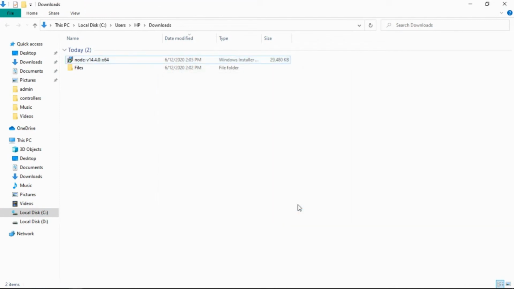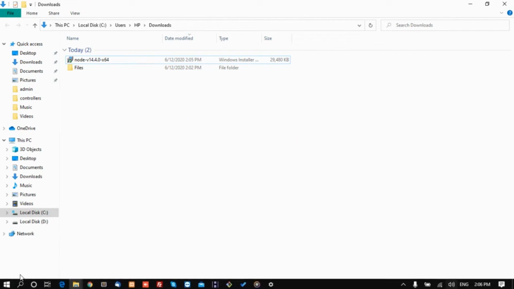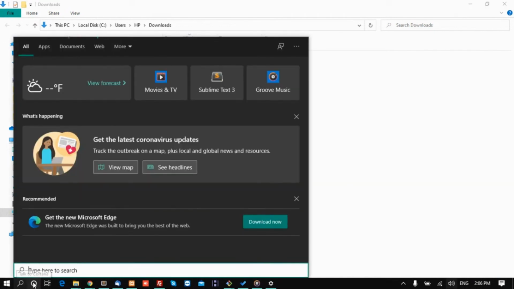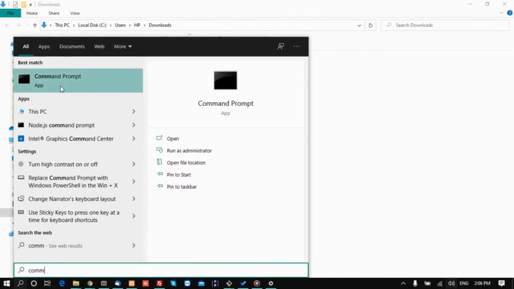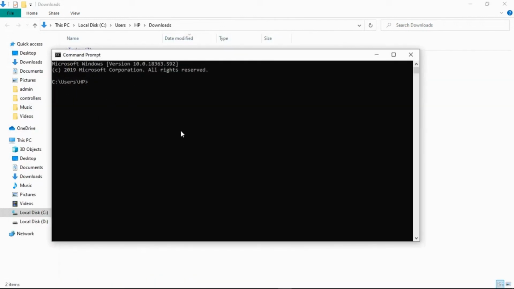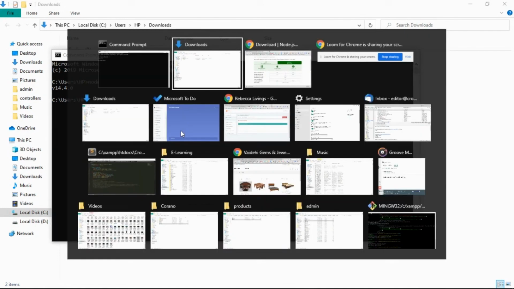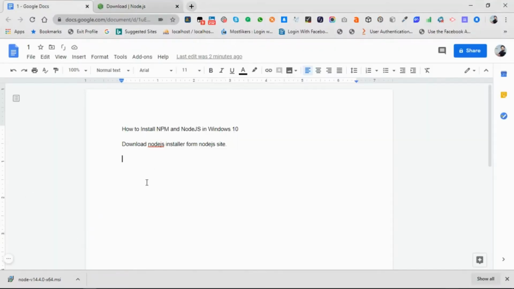Now you need to check the Node.js version and npm in your Windows system. So go to the search section here and click Command Prompt. You can see this one and open it. Click here, node -v. You can see it's installed and the version will be 14.4.0. So you need to run the node -v command in your